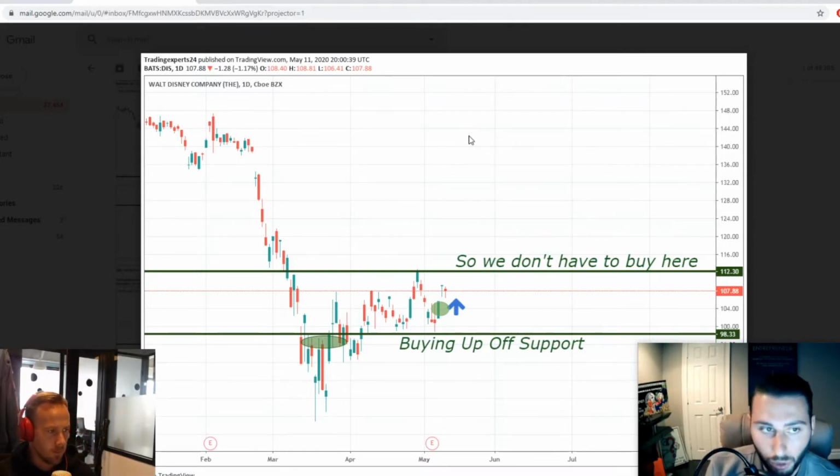And I was speaking with Carl about this before about dollar cost averaging into the position, especially his MNRN where he's up like 400%. When we do dollar cost average, you can dollar cost average on the way up, like for example this Disney, buying this 96 and then eventually buying 104, dollar cost averaging on the way up,